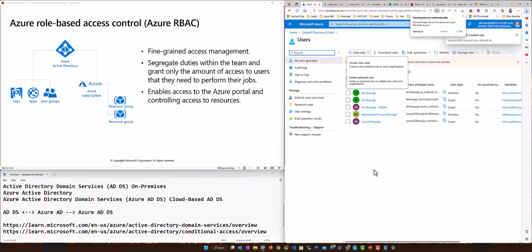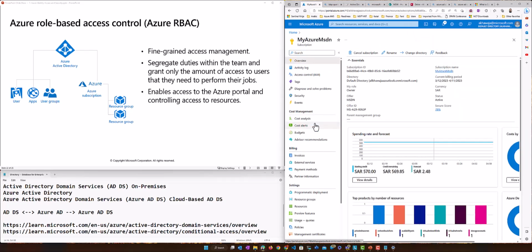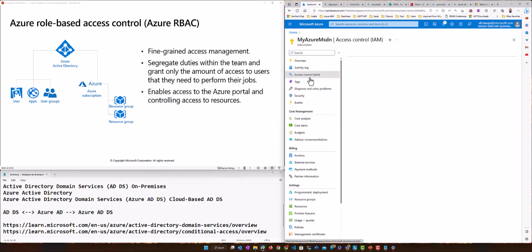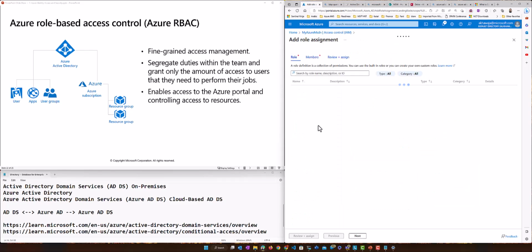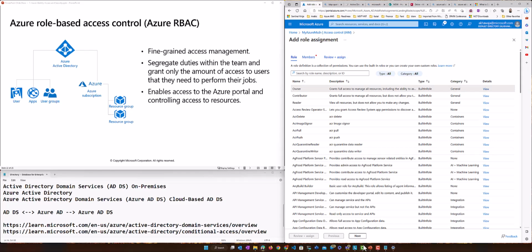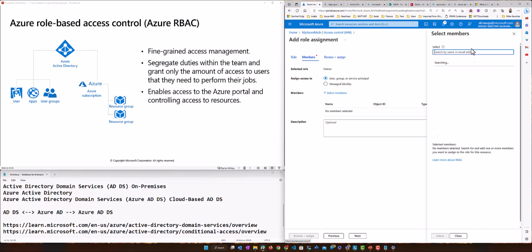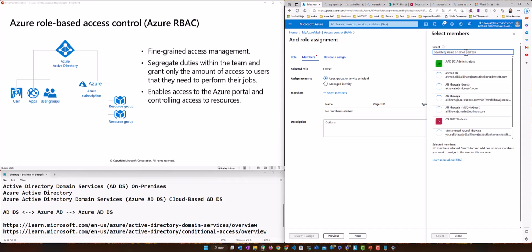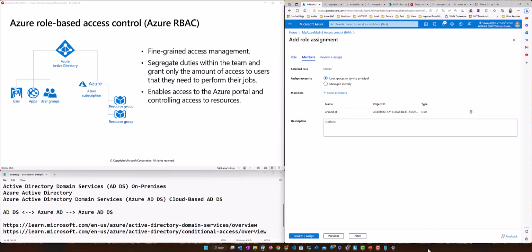Once I have created the user for the organization, right, now what I can do is go into my Azure. Now it is linked to my directory. What I can do is add the people, right? I can pick somebody from my own organization, select members. Okay, you can see I just created this guy, and this is the beauty of directories, attaching it to a directory. I can pick my own person or my own users from over here. So yeah.